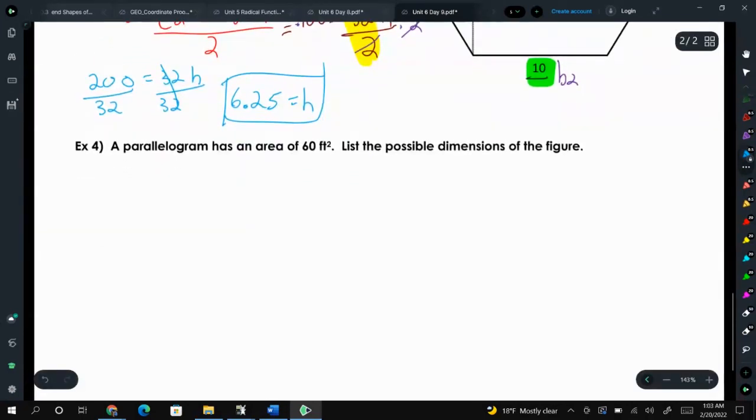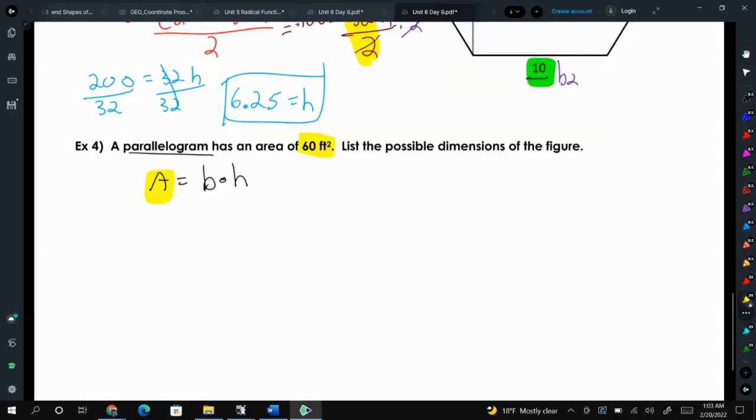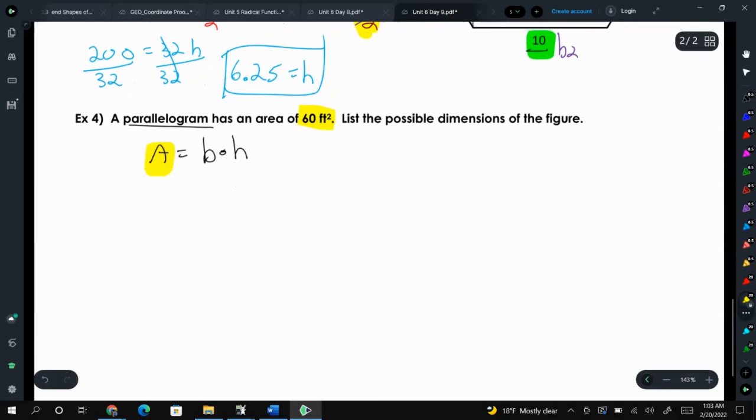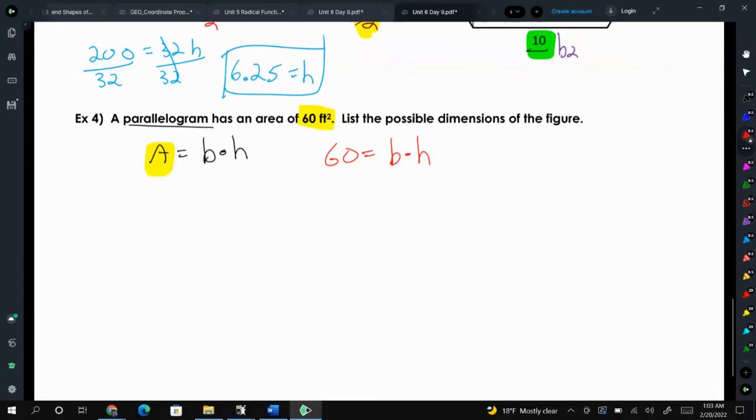All right, then the last one here, parallelogram, that's area equals base times height. We know that the area is 60. They're not asking us what the base is and giving us the height. What they're saying is if the area is 60, what are some possibilities for the base and height? So we've got to think about what two numbers multiply to 60. The easiest one